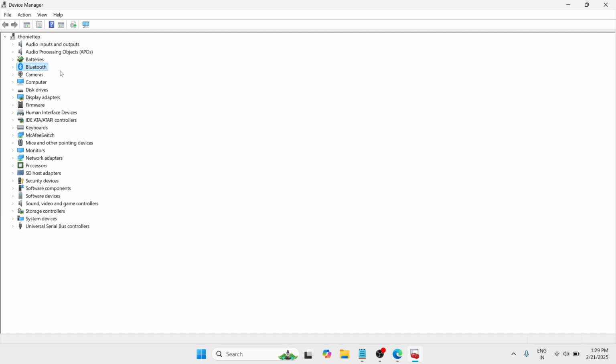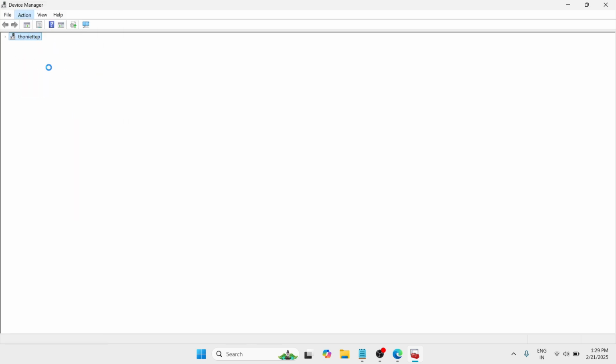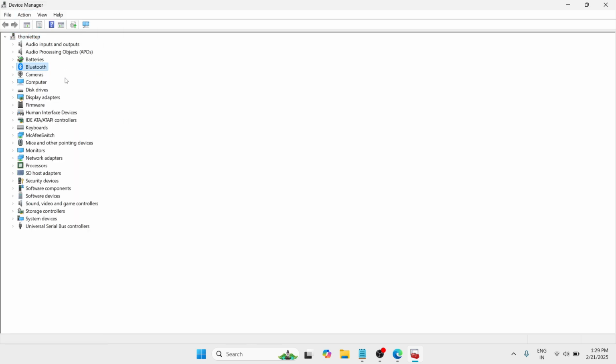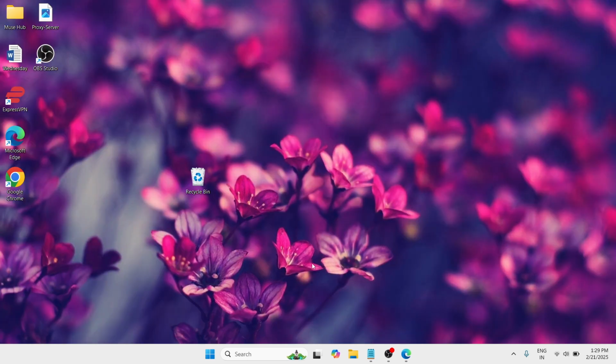So this step is for laptop users who don't see their Bluetooth device. Okay? So once you have clicked on action and gone for scan for hardware changes and you have seen your Bluetooth, then perform the automatically and manually search for drivers. Okay? And let's say if it doesn't work in your Windows or computer, then close this window and let's move